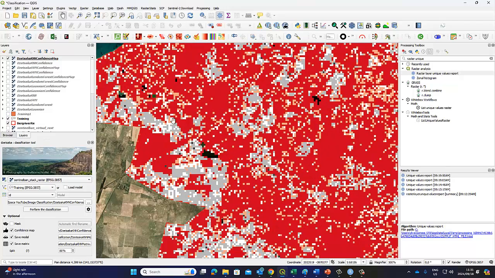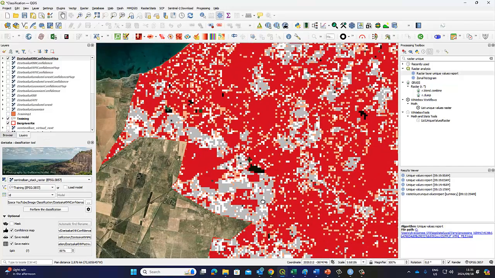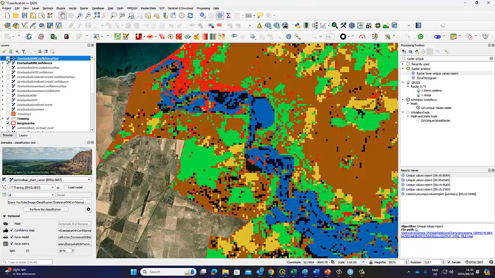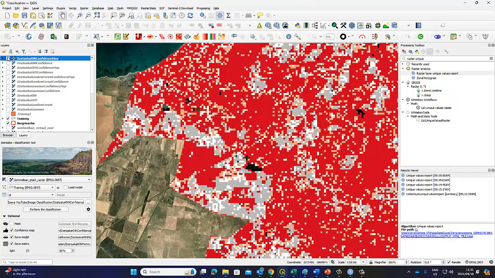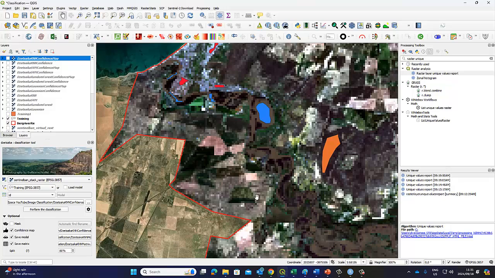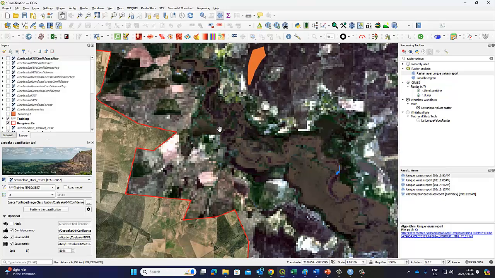Water. Let's look at these issues. If you look at that, they classified it as green, but it's not actually green. It does have some green, but again it's a mixture. It's more like a wetland area, between a veld and agriculture again. That's why there are these errors. So again, we should maybe create